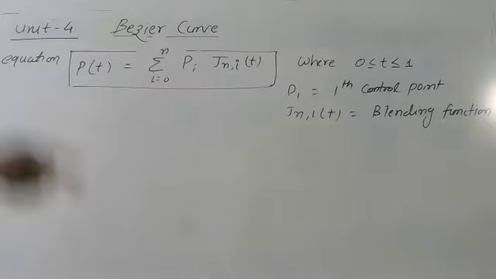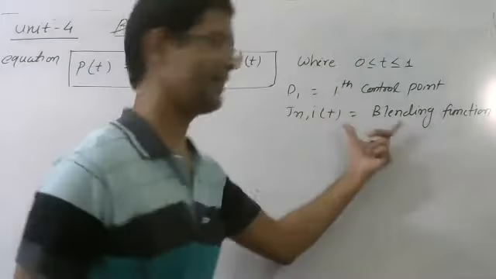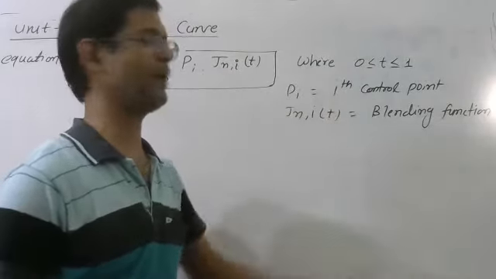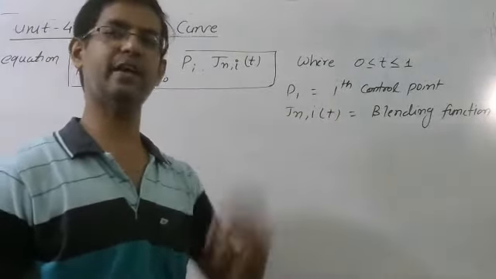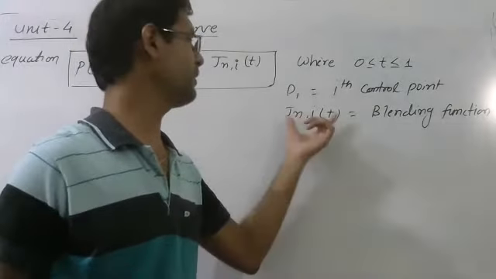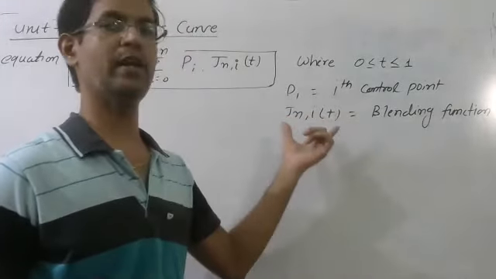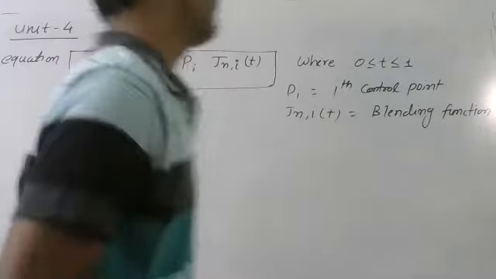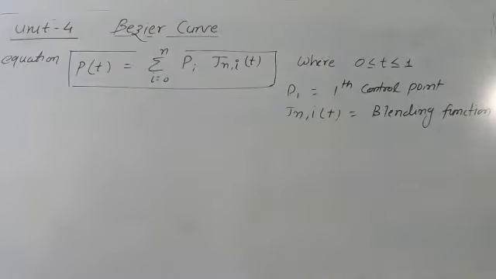And what it does is calculate the strength of pull of a particular control point. Each control point attracts the curve toward itself with its own particular strength. So this will be the function which calculates the strength of pull of a particular control point, and according to that you can find out the points of the curve.